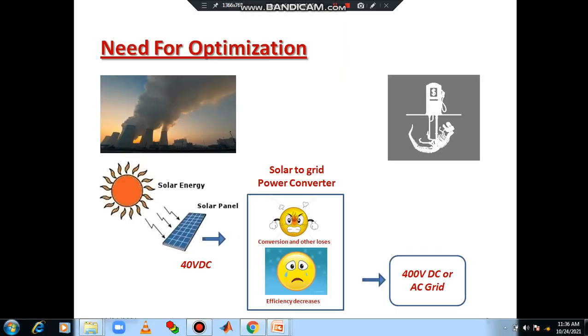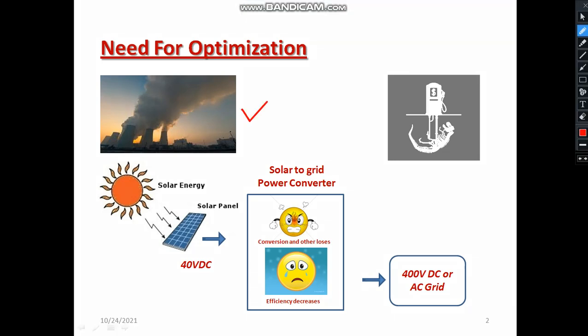First of all, let us see the scenario. Please refer to the following diagram. You can see a particular diagram. Actually, it reveals the pollution now globally. Nowadays it is increasing day by day, and also the availability of fossil fuel is depleting. And you know the scenario right now, fuel prices are increasing day by day. It is very true. Definitely we need to switch over from conventional energy sources to non-conventional energy sources.